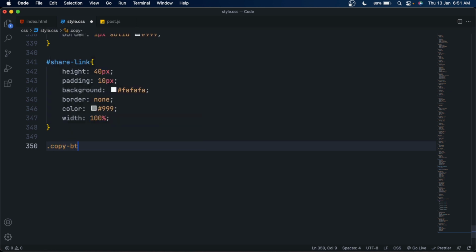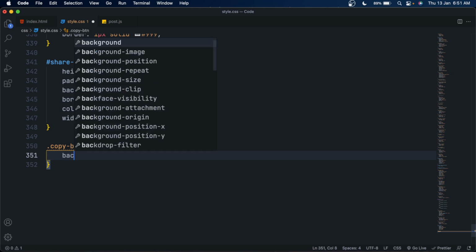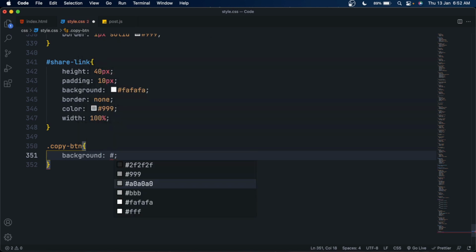So select the copy btn and set its background to this blue color.